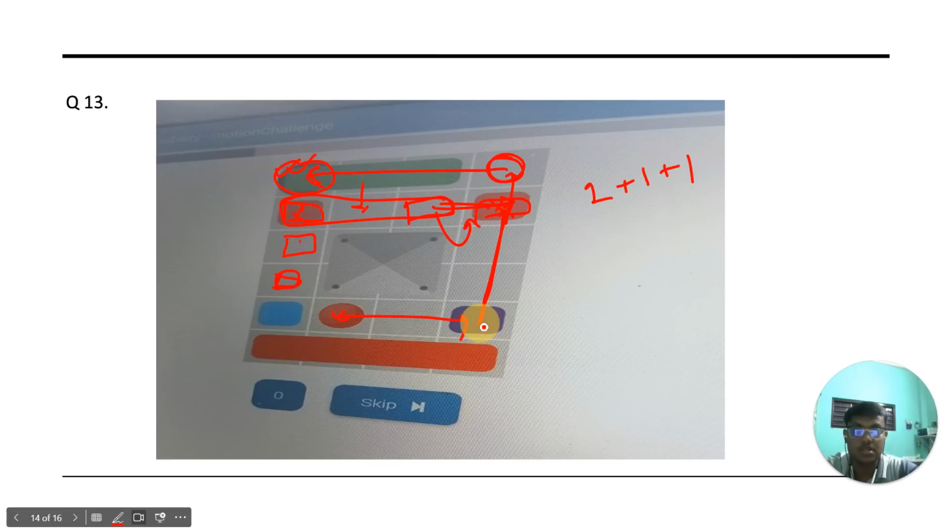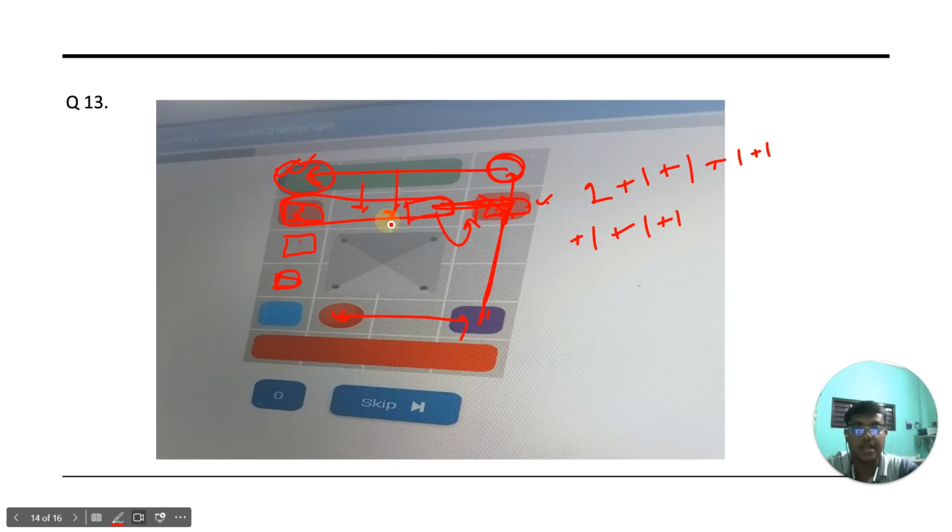Now for this box, it would be moving from here to this position, so plus one, then from this to this position again plus one. Then my ball is moving from here to here, so a plus one, from this position to this again plus one. Then I would take this box back, so that would add one to my solution,